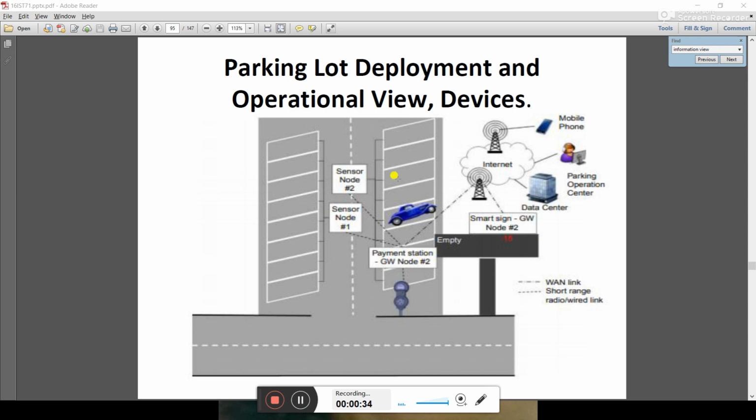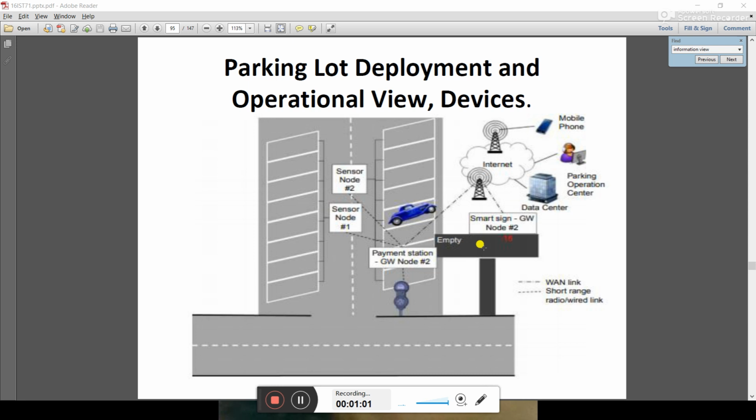Here you can see that there are many parking spaces and some cars, and this can be traced by the parking system, by the parking sensors, and some mechanical sensors are over there by which it will be found whether the car is present or not. So these parking sensors are attached with this gateway node, by which we come to know whether the parking space is empty or not.